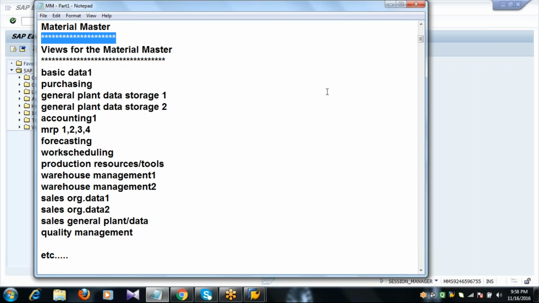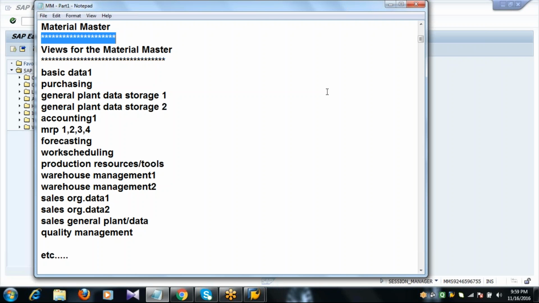Material master is a master file which contains the information of a particular material depending upon the views selected from the user departments. So here we have different types of views. Depending upon the requirement, we'll select the views and we'll maintain the information.